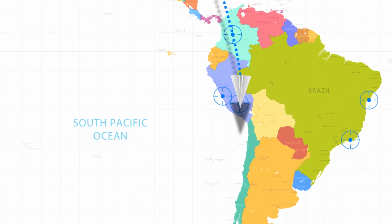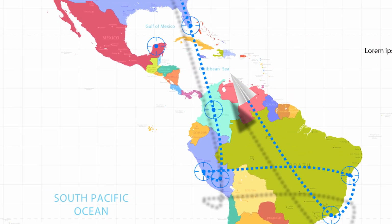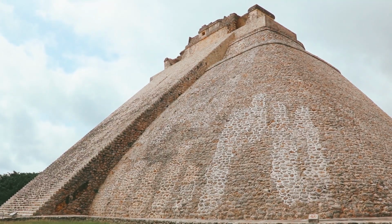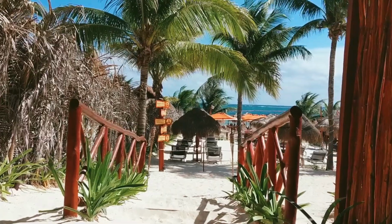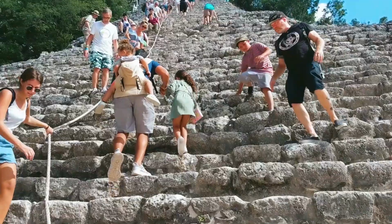Hi, we're the Salas family and we're on a round-the-world trip with our 2 kids. We just spent 2 months in South America and we're making our way back to North America for a month in Mexico. After spending 2 weeks in Mérida in Mexico, driving across the Yucatán Peninsula and spending a couple more weeks in Playa del Carmen, checking out all of the big highlights in the surrounding area, we are ready to